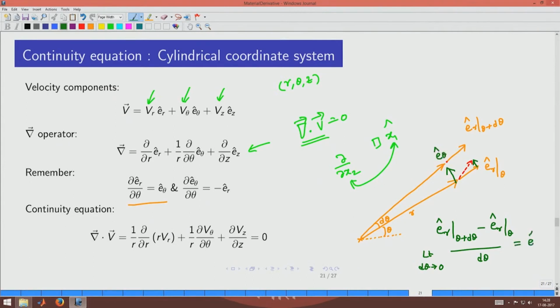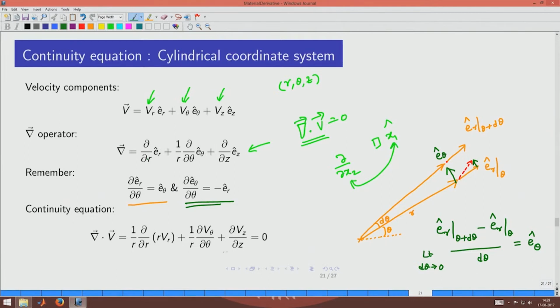So, when we act the operator on those terms, let us watch out that there are some more things happening. You see that dou E r by dou theta is E theta. In the rectangular coordinate system, all of those cross combinations will be 0, but not so in the case of cylindrical and spherical coordinate systems. Similarly, you could also prove the same thing using the same construction here. Okay. So, remembering that these kinds of terms will exist, when we then dot this with this,